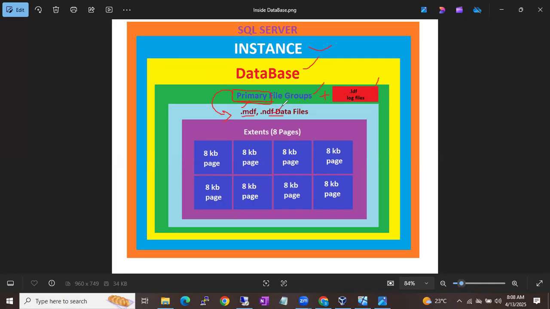If you go inside the data files, what will be there? You can see extents. Other objects called extents will be present inside the data files. What is an extent, guys? Extent is nothing but a collection of